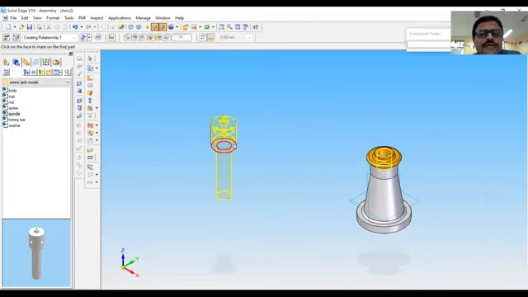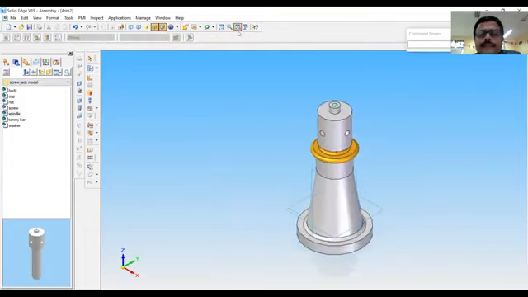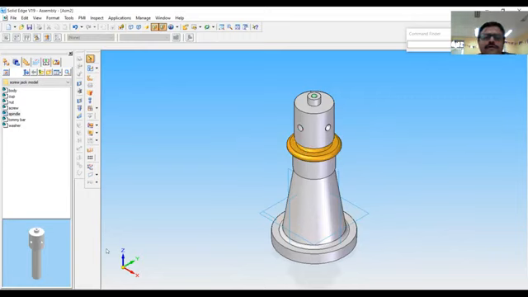Next, this is the face to mate with here. So this is the assembly of screwed spindle with the previous assembly of nut and body.